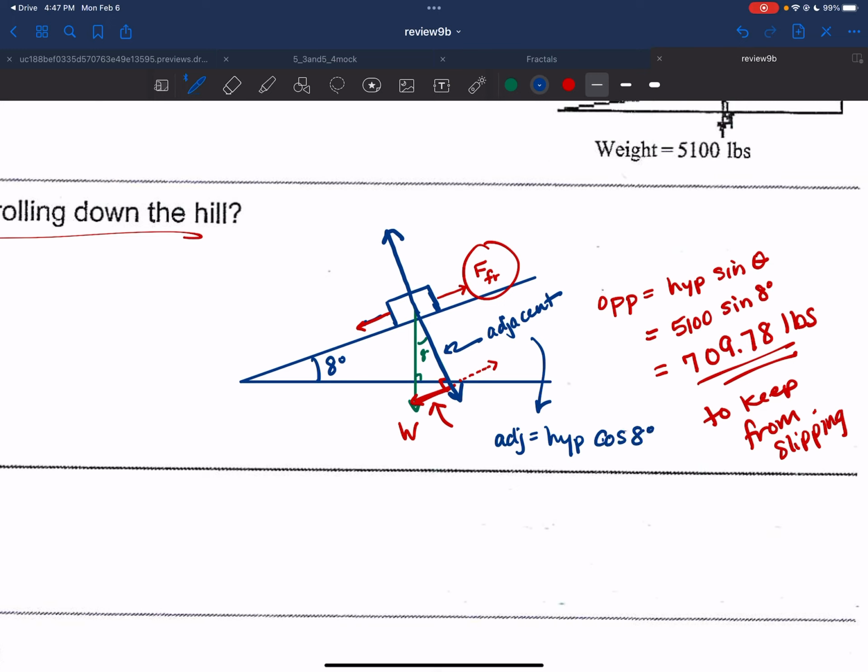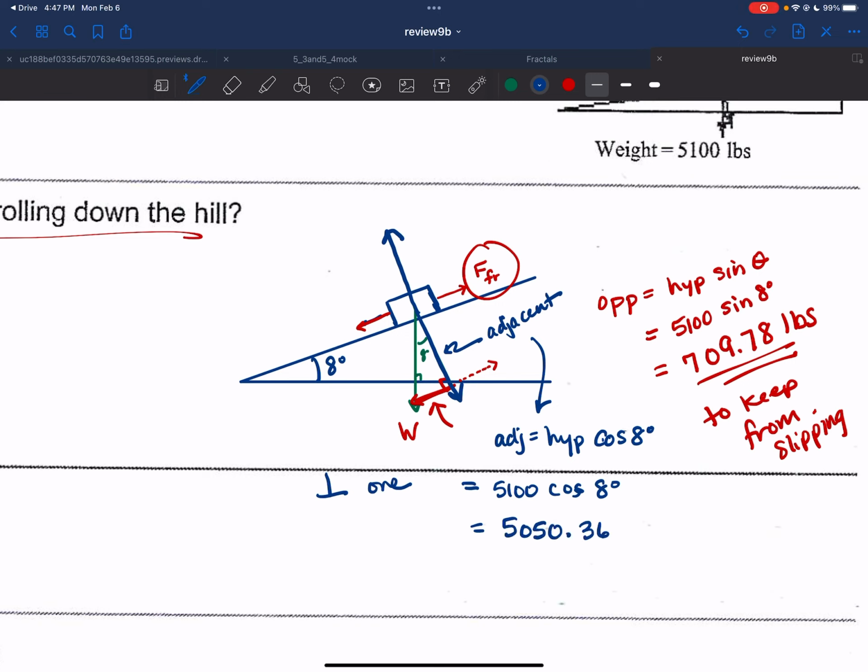So this is my perpendicular one, is going to be 5,100 times the cosine of 8 degrees. So that, let me get that out, times the cosine of 8 degrees is going to be equal to